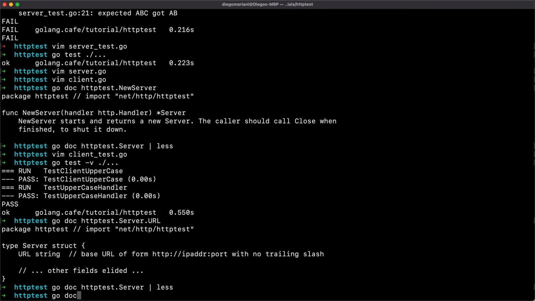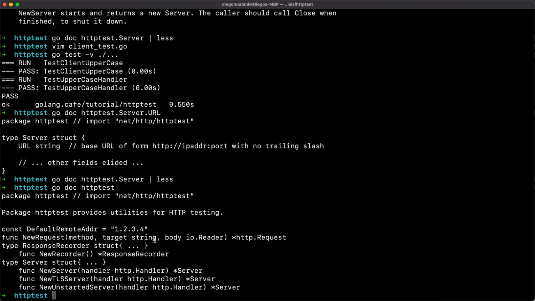So just to recap, we have the response recorder, which is used to test HTTP handlers from a server-side perspective. It's going to record all of the data that you write to a response writer. And then there is the server type in the HTTP test package, which counterintuitively is not used for testing servers, but it's used for testing clients, because it creates a fake server to which your subject under test, which is your Go client, can connect to. You can then generate any type of data.